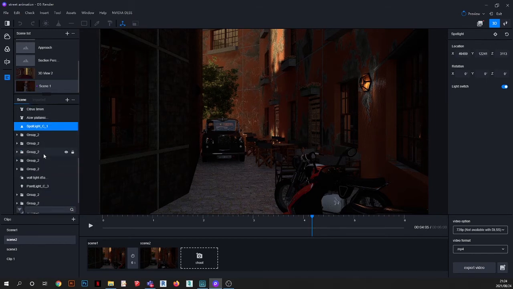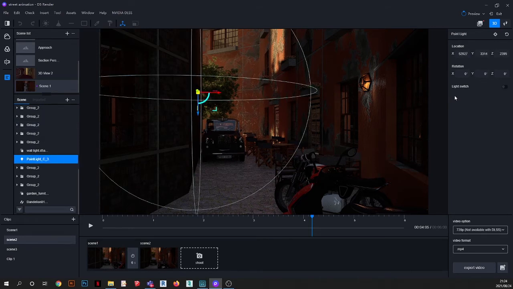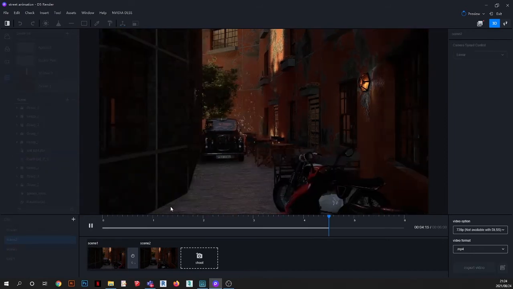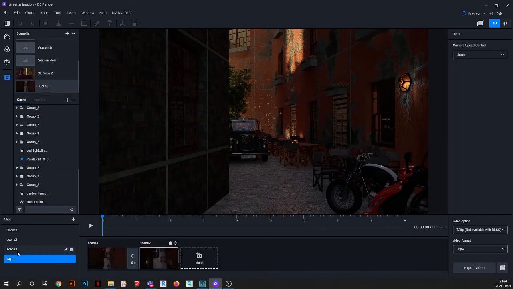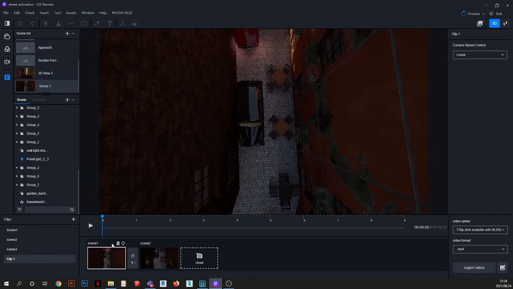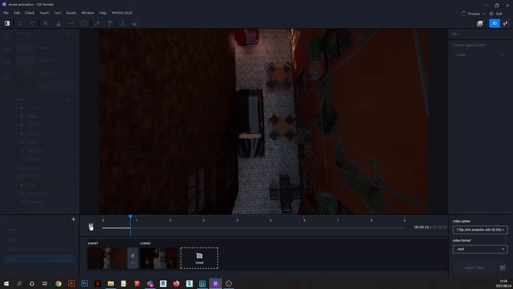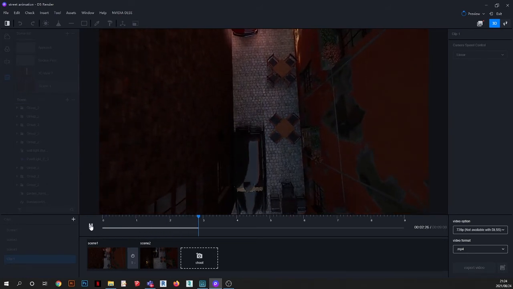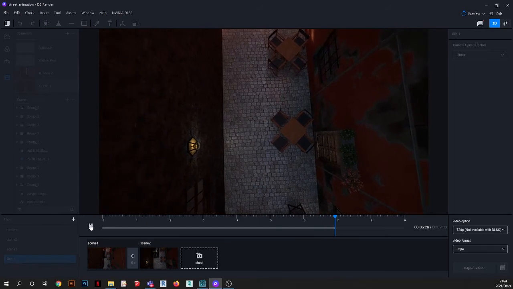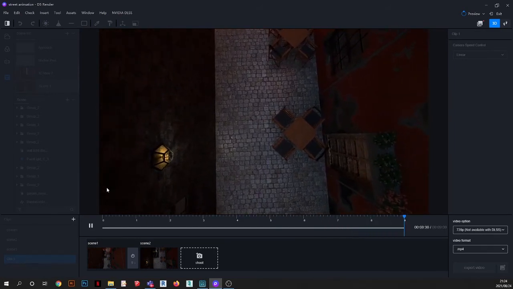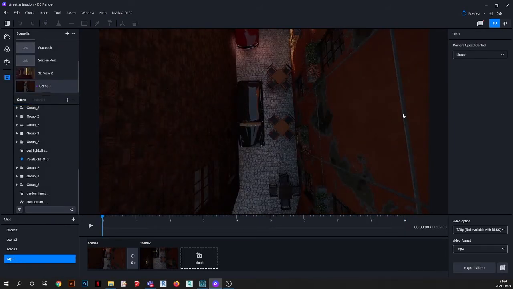So this one on as well. Okay, quite simple in terms of creating animations. Okay, and then the last thing that I'm going to show you, the last kind of camera that I created,